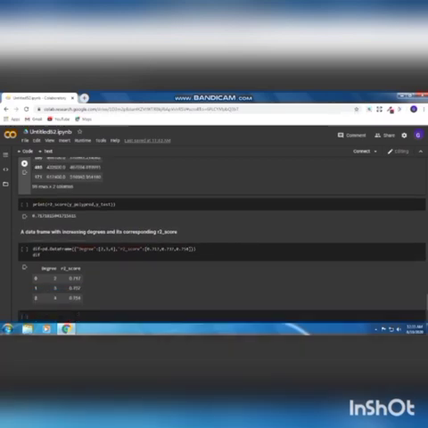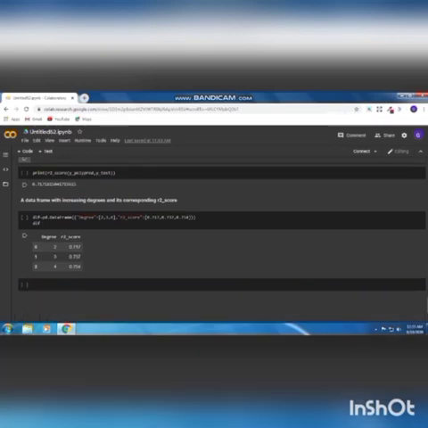A data frame with increasing degrees and its corresponding R2 score. Now we are checking our model performance with increasing degrees. As we increase our degree from 2, 3, 4, our R2 score increases as 0.717, 0.737, 0.754, which suggests that as the degree of the polynomial equation increases, the R2 score also increases, meaning the data points are fitted ever more closely to the regression line, which results in overfitting, which should not be done for better accuracy of the model.